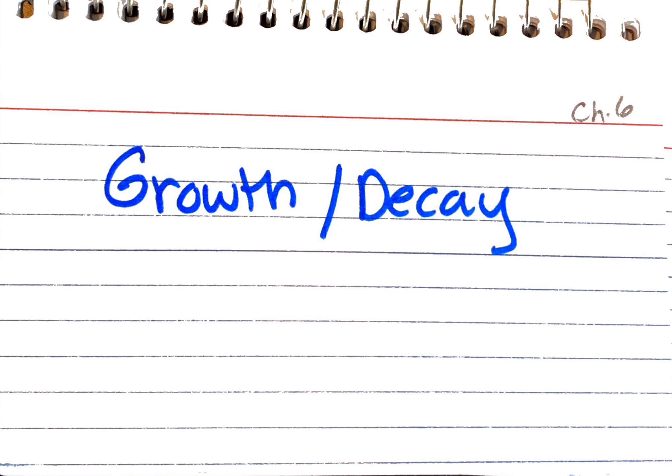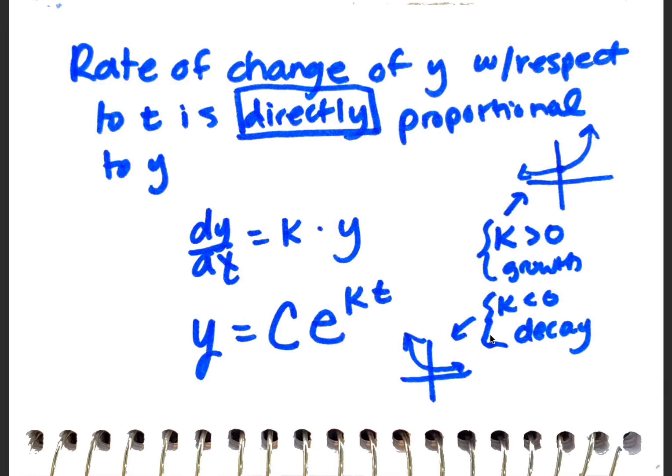This is probably the most fundamental concept in this whole chapter, so let's pay close attention to it. The rate of change of y with respect to t is directly proportional to y, and directly is a key term. To represent it using formulas, dy/dt is equal to k times y. K is a constant, and we can reshape it into y equal to this big constant C times e to